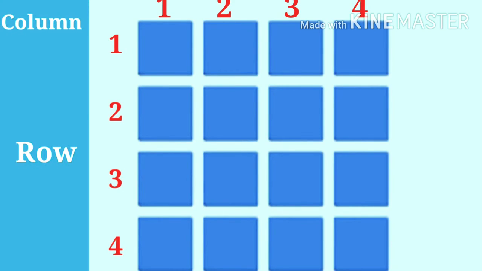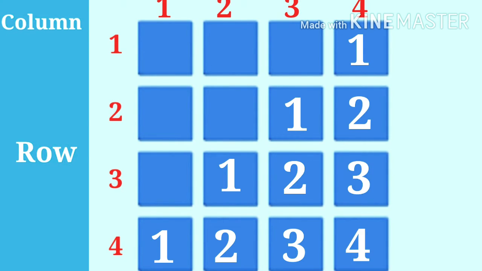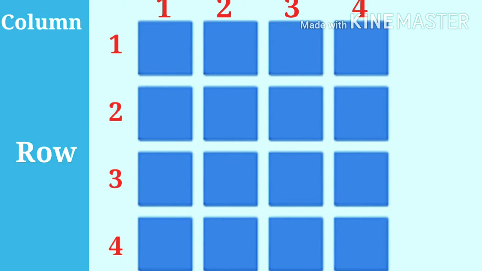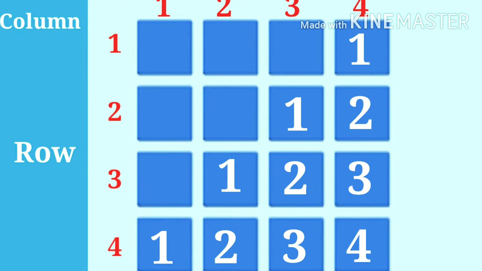Now we have to print the same numbers in a different form as you are looking at on the screen. In the first line we have to give 3 spaces, then print 1 on the right side. In the second line we have to give 2 spaces, then print the numbers 1 and 2. In the third line you have to give 1 space, then print 1 2 3. At the last fourth line we don't have to give any space, and we have to print 1 2 3 and 4.